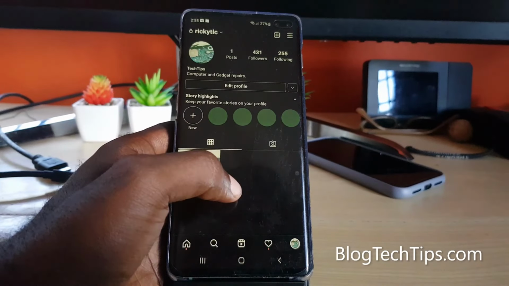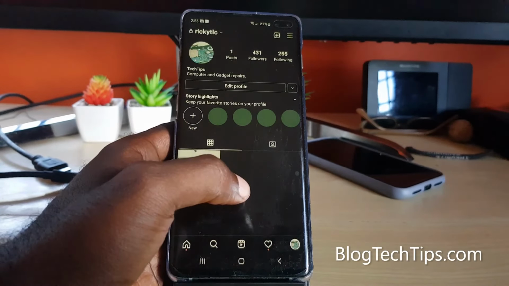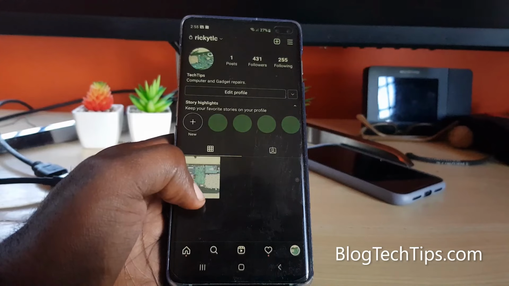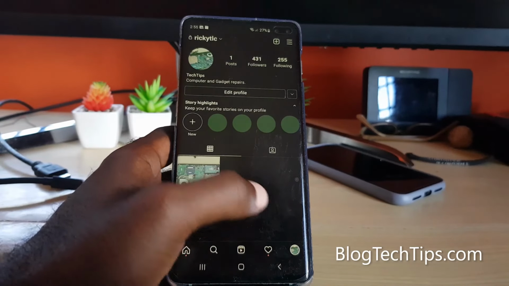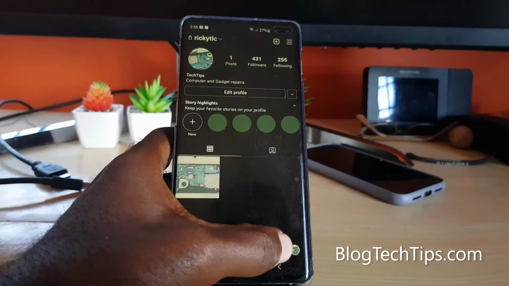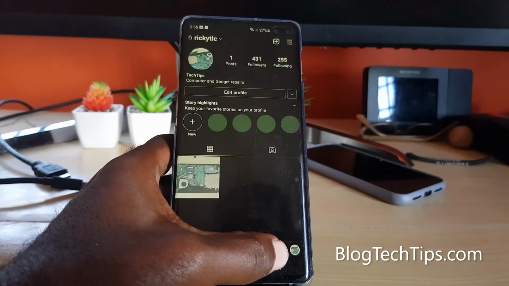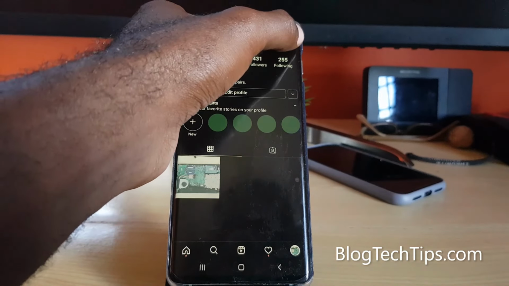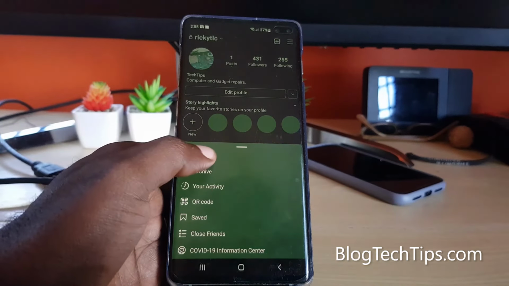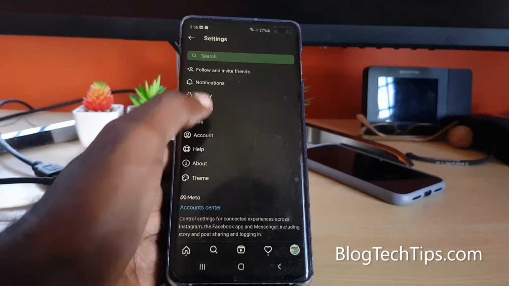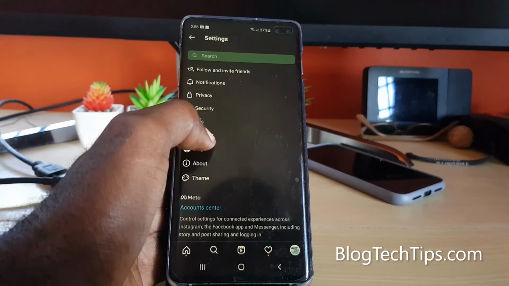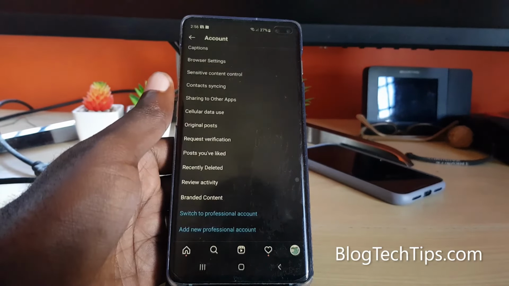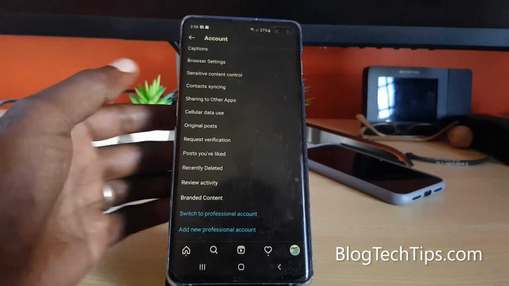Once you are in, go to your profile. If you're not on your profile, click the icon down here, which is in the lower right, to get to your profile, which is here. And you're going to hit the three dots upper right. Then you're going to go to settings. So in settings, you're going to go to your account. Once you're in account, scroll all the way down guys, and of course you should see